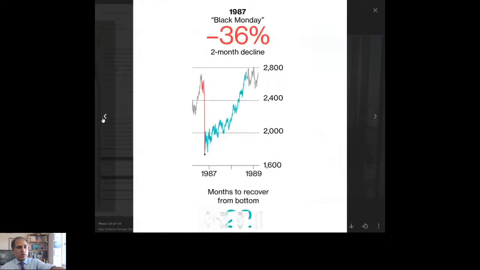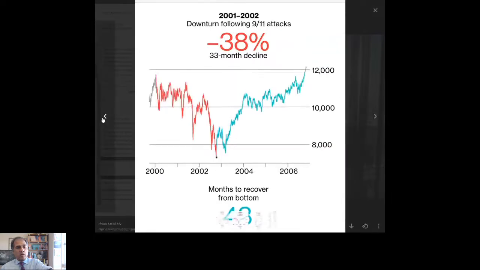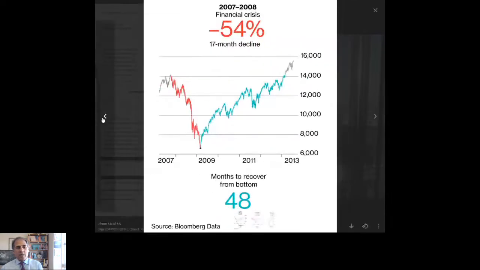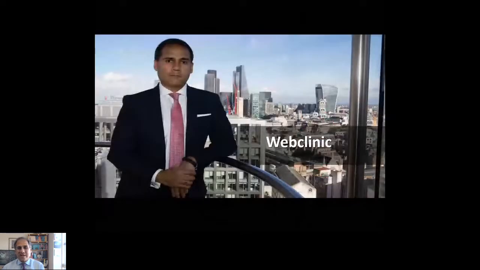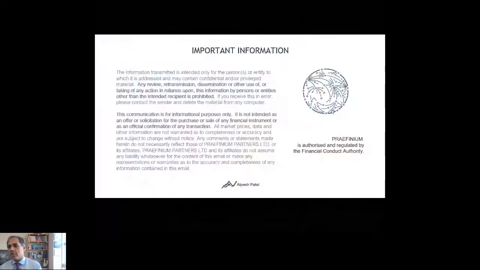Don't worry about this. This is a contribution to the fall in the Dow so far of these companies in the Dow 30. The Dow Jones is composed of 30 companies. This is their contribution. This is on my Telegram channel anyway. You'll have seen this and you'll know how to get hold of it, which is just how long it took before. I think this will take a lot less time. I won't go through each one of these images. This recovery will take a lot less time than previous ones have taken.